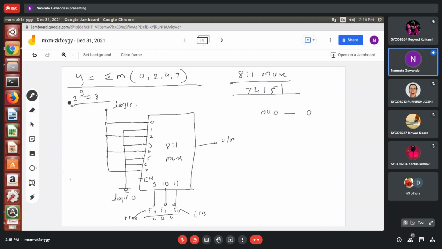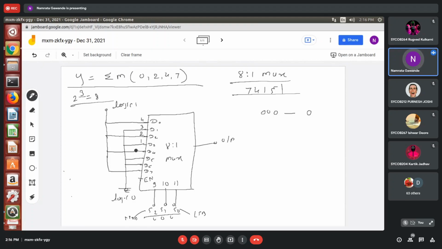I will write over here in terms of D0, D1, D2 only. So this will be D0, D1, D2, D3, D4, D5, D6 and D7. The pin number used for D0 is pin number 4. Pin number for D1 is 3, pin number for D2 is 2, D3 is 1.